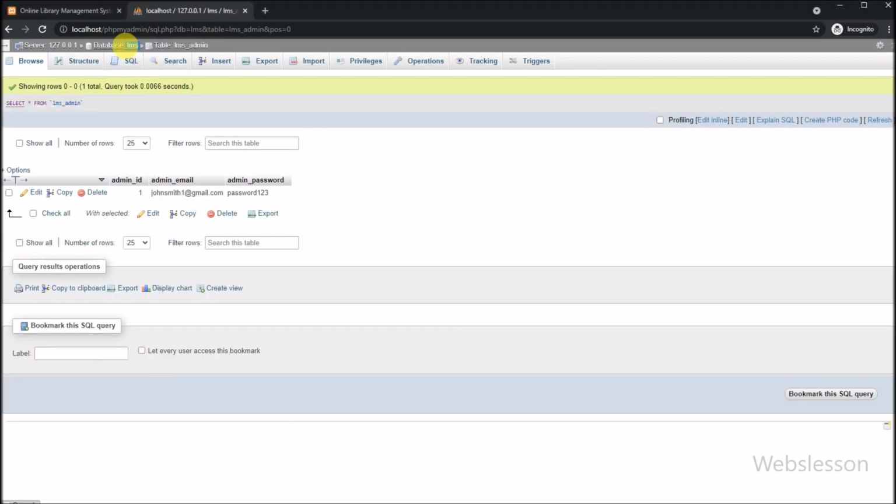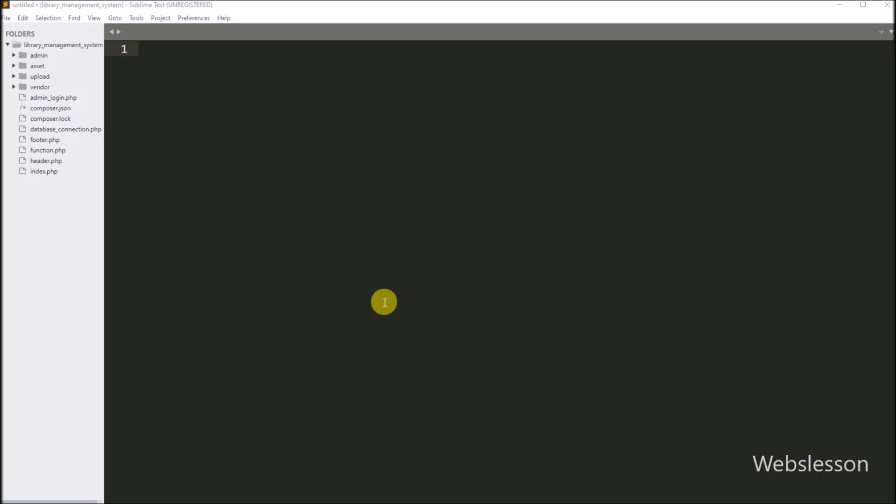So this is the LMS MySQL database, and under this, we have one admin table, with admin ID, admin email and admin password. Under this table, we have already inserted admin login data, like admin email and admin password details, which we can see here. So here we will make the admin login page, and validate these login details using a PHP script. Now we have gone to our working folder, and here we can see that the admin login file has been created, so we have opened this file.